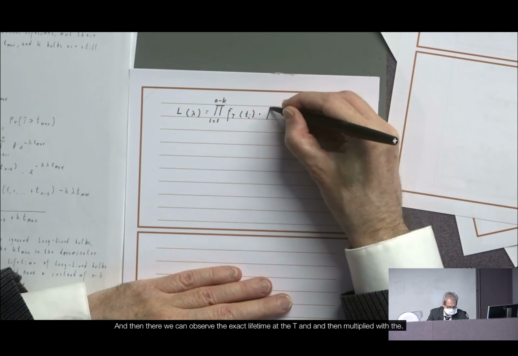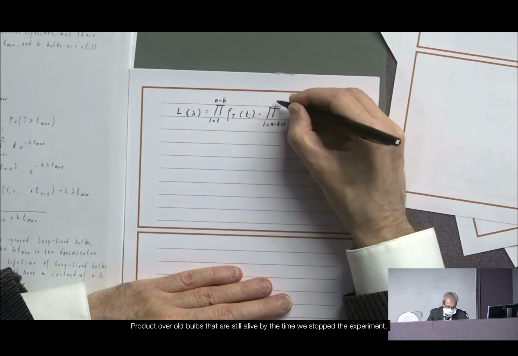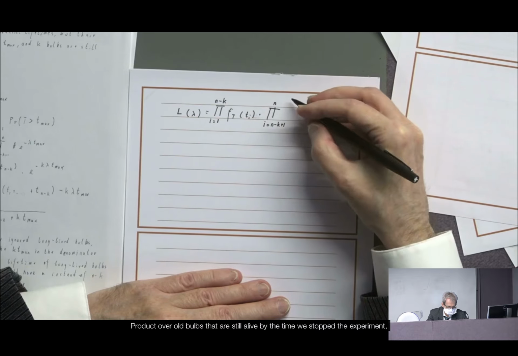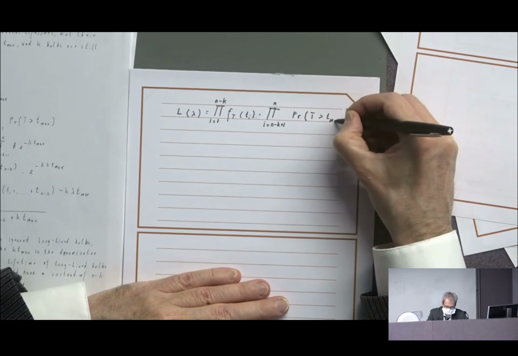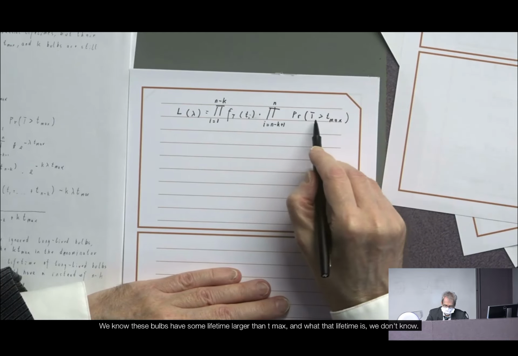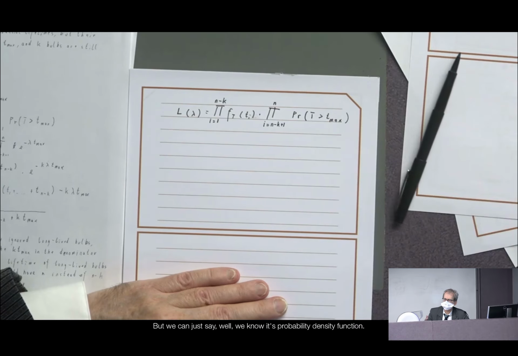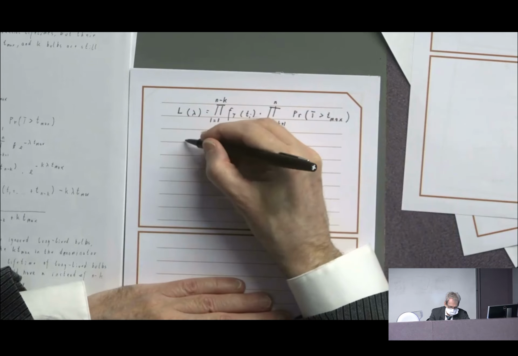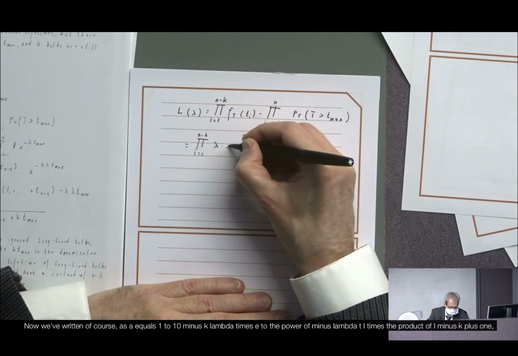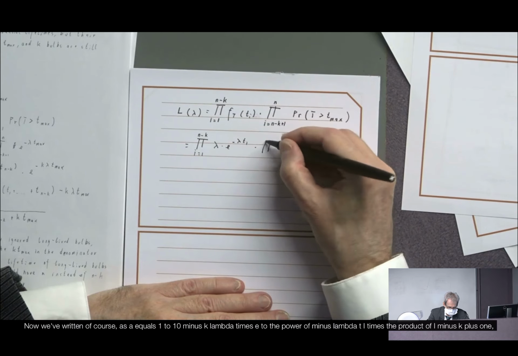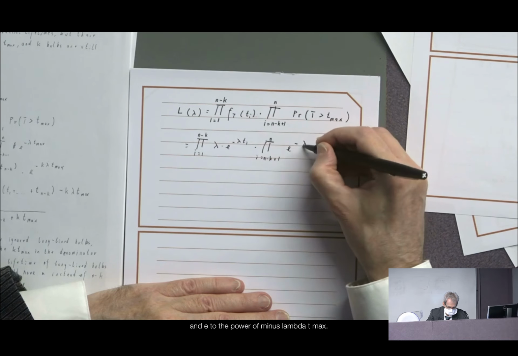And then multiplied with the product over all bulbs that are still alive by the time we stop the experiment, where we can just say, well, we know that this has to be the probability of T larger than t max. We know these bulbs have some lifetime larger than t max, and what that lifetime is we don't know, but we know its probability. And so this can now be rewritten as the product for i equal 1 to n minus k of lambda times e to the power of minus lambda t_i, times the product for i equal n minus k plus 1 to n of e to the power of minus lambda t max,